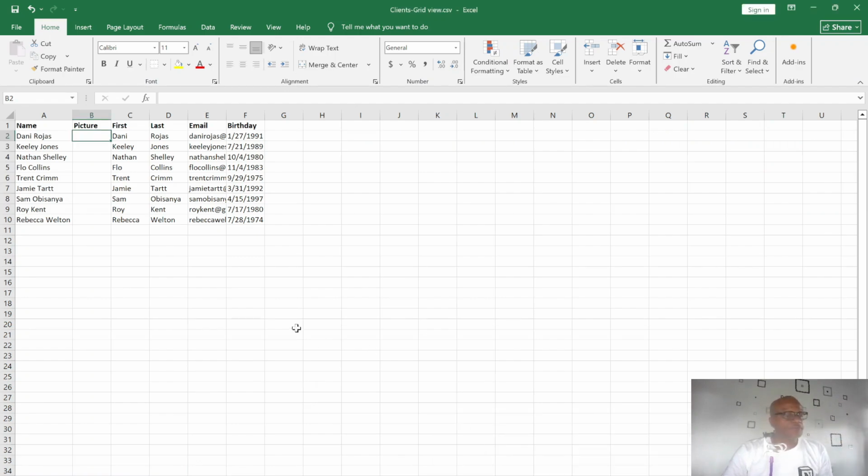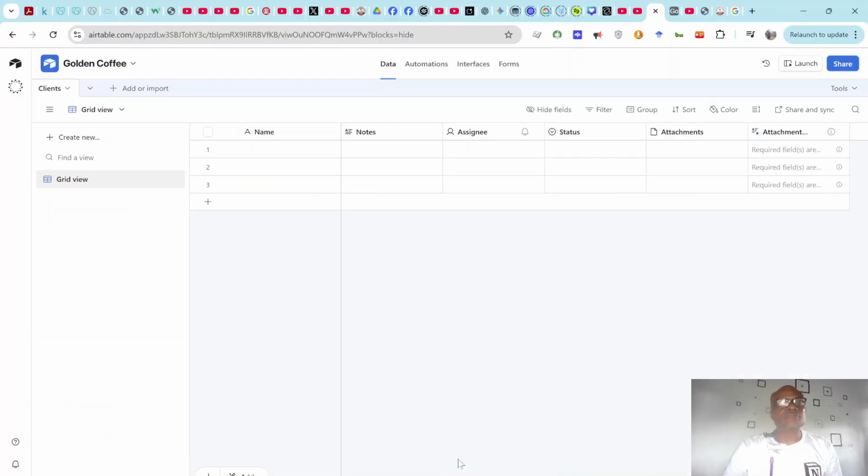Let's look at our grid view. All right, so we are going to have these: name, picture, first, last, email, and birthday. We're going to see how we're going to have the different data types. So first and foremost, this is grid view. I decided to rename this grid view, and once I rename it, it's going to be renamed to main view. That's what I want to just have it as, the main view, because I may have some other types of views later. Now the view is how we are going to be looking at